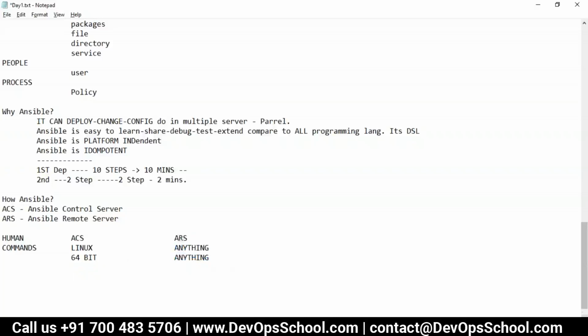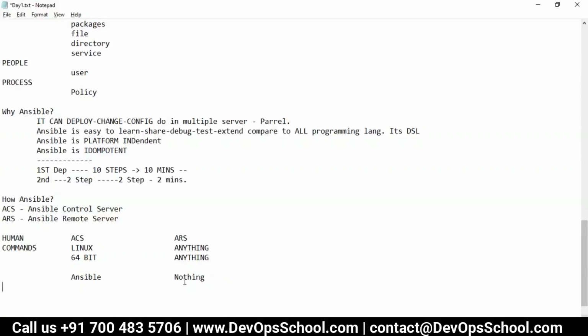Now on ACS, you should have Ansible installed. Okay, in ARS nothing should be installed.